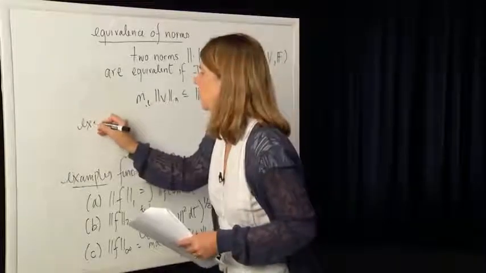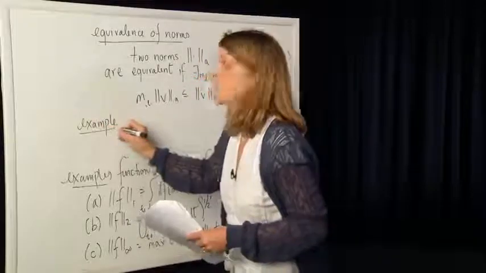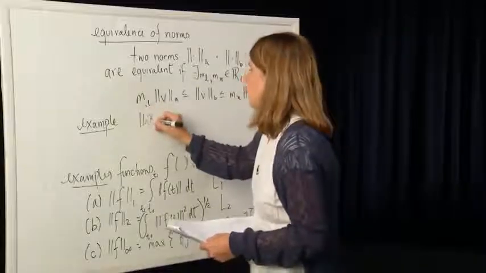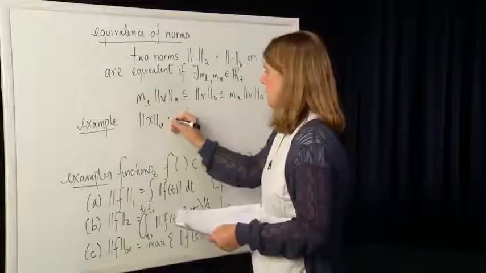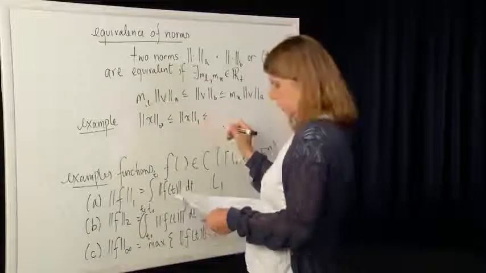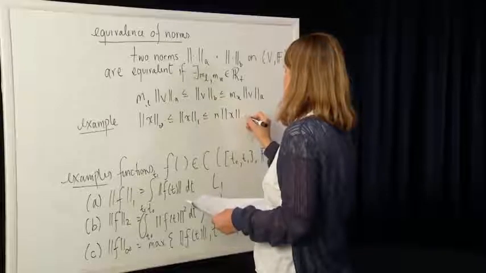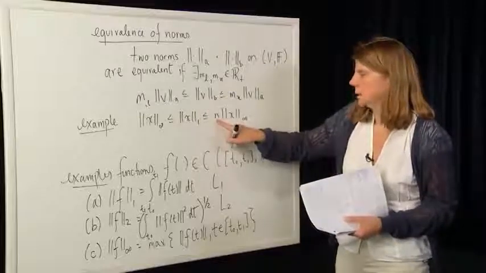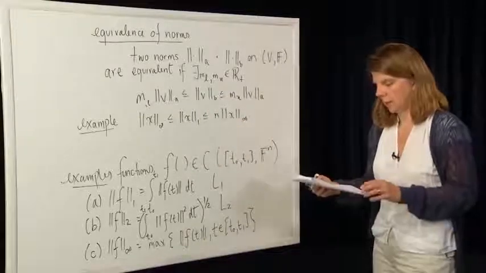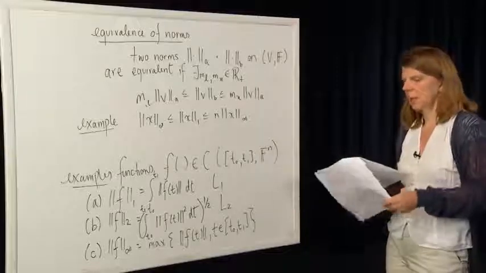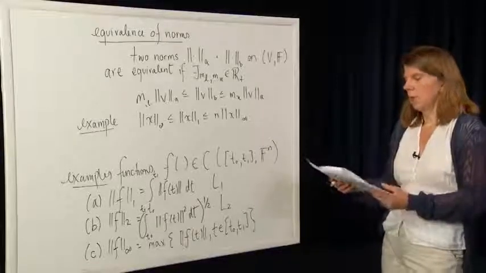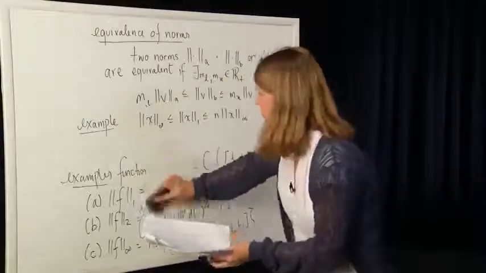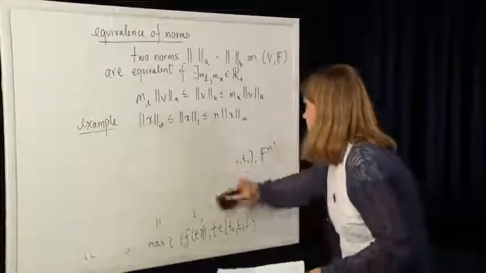For example, if we look at the vector norms in F^n, we have the following: the infinity norm of x is less than or equal to the 1 norm, which is less than or equal to n times the infinity norm. Here x is a vector in R^n, or F^n, C^n, it doesn't matter, and n represents the dimension of that vector. This kind of thing is very easy to prove by just looking at the definition of the norms. So for example, if you wanted to prove that example,